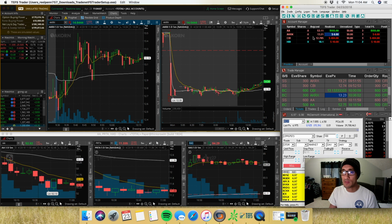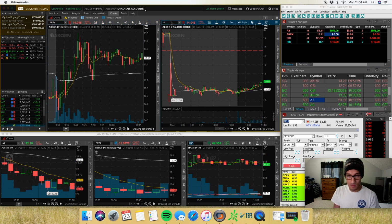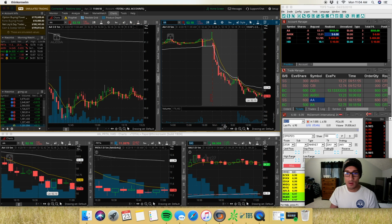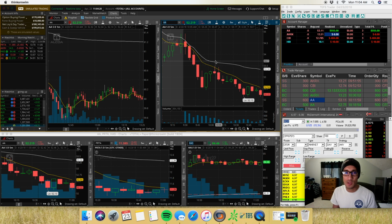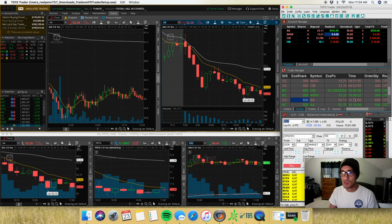So got out of that relatively quick, and let's see here, what was my next trade? AKRX. Now, AA. I took another trade on AA. Now this is typically something I would wait for it to hit VWAP, but it looked really, really good, and the daily and everything looked perfect. So I went ahead and took it double size. So I went ahead and took 600 shares, shorted it right at